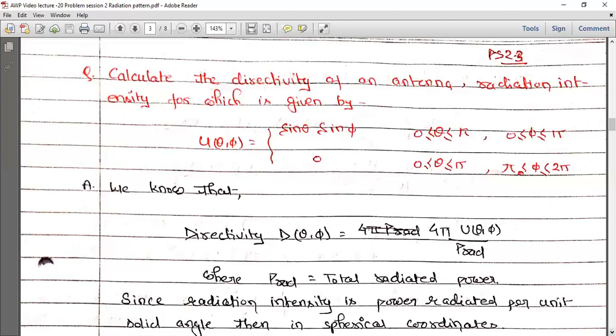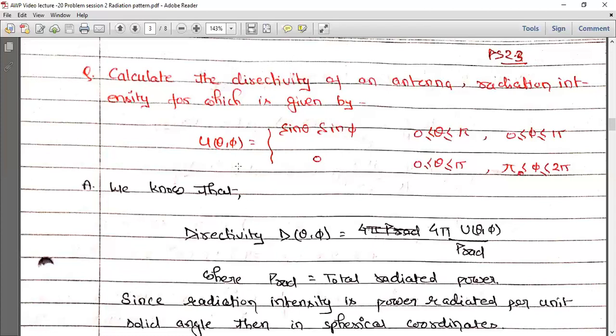Okay, so radiation intensity means the given radiation intensity, and the average radiation intensity means, suppose that you are having an isotropic antenna instead of this particular antenna. This is the expression for radiation intensity for a given antenna. If you do not consider this antenna, rather you consider the same power fed to this antenna is given to an